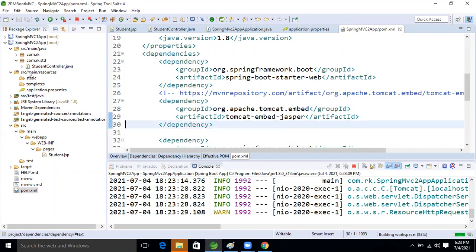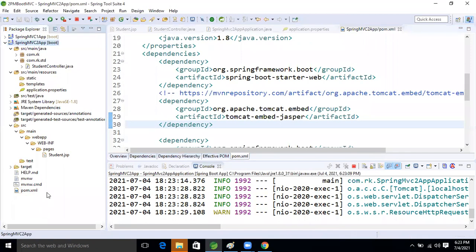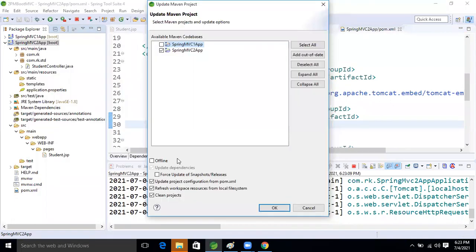What issue means we will not get that page also. The version can be the cause. Update project.